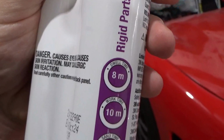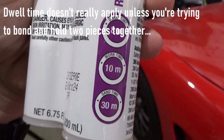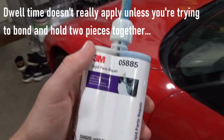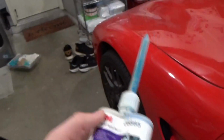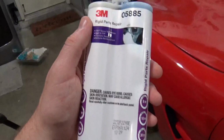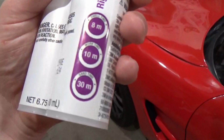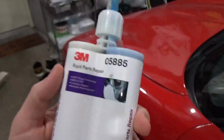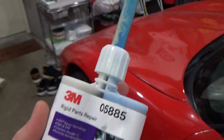Dwell time is 8 minutes, work time 10 minutes, sand time is 30 minutes. So this basically shows you that this is more of a final repair material. You probably could use this on the top side repair area, but you're going to want to use this other material to do your final finishing work. This basically says in 30 minutes, it's actually sandable. So this shows you that this is more of a finishing epoxy adhesive